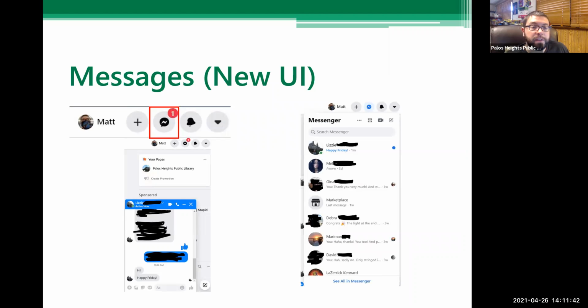If you receive a Facebook message, which is tied in with Facebook Messenger, so if you are on a phone or a tablet, in order to use messages, they have you also download a separate program from the Facebook app. That is the Facebook Messenger app, and it's basically an instant message client.